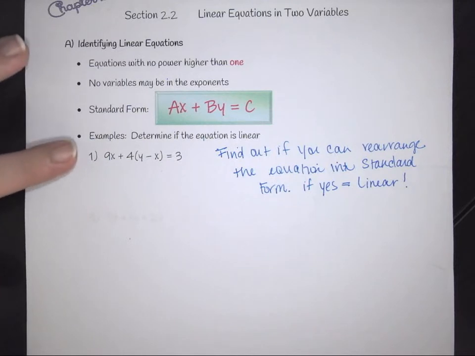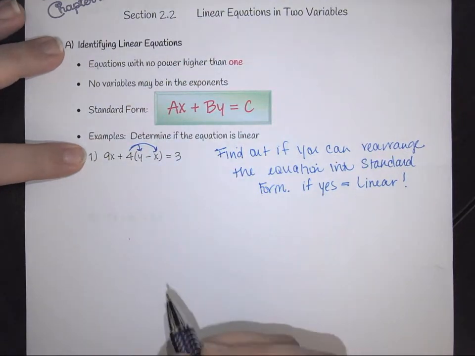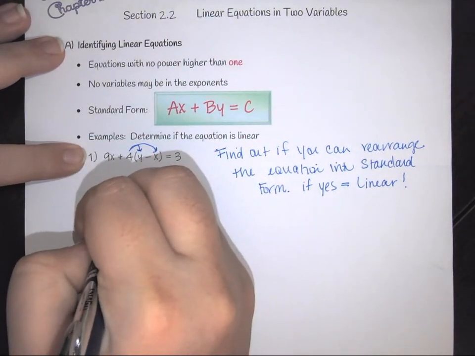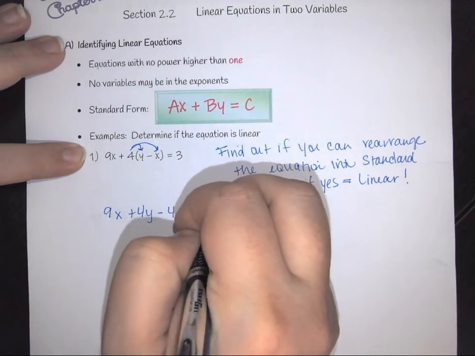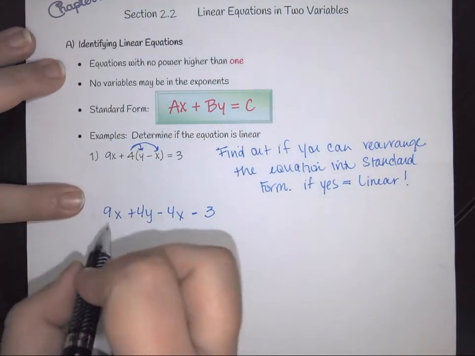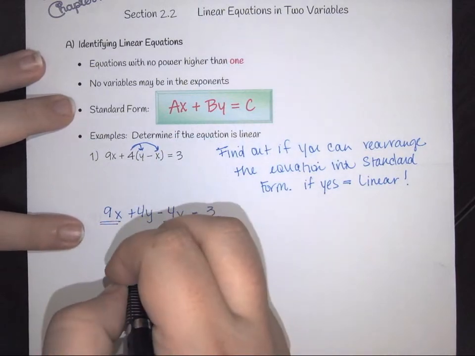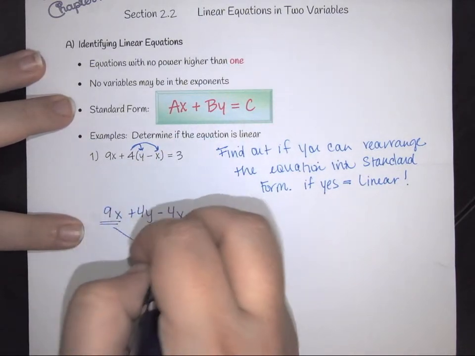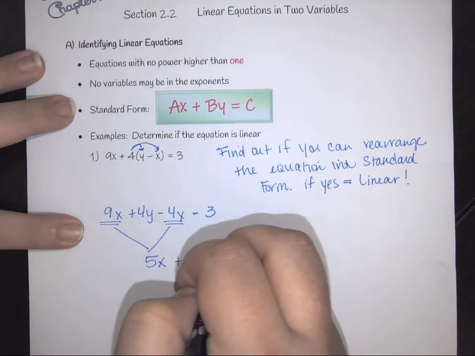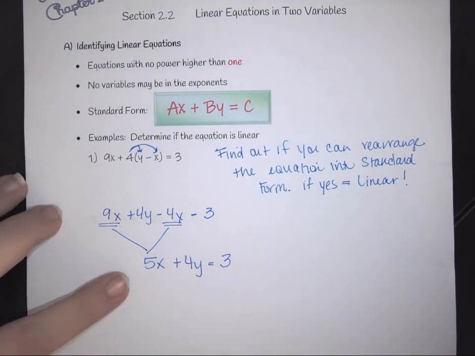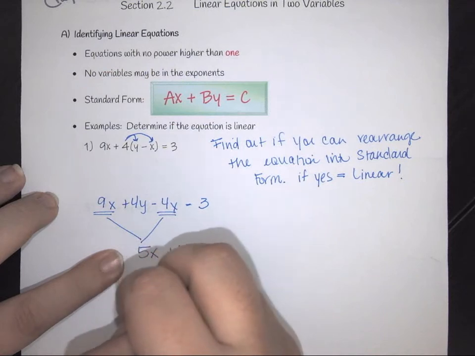So we're going to start with this equation here, and the first thing we need to do is distribute your 4 across your parentheses. So this becomes 9x plus 4y minus 4x equals 3. I then have to combine my terms, so I have a 9x and a negative 4x, put them together, and this is going to give you 5x plus 4y equals 3. Since this is standard form, in other words, yes, this is linear,